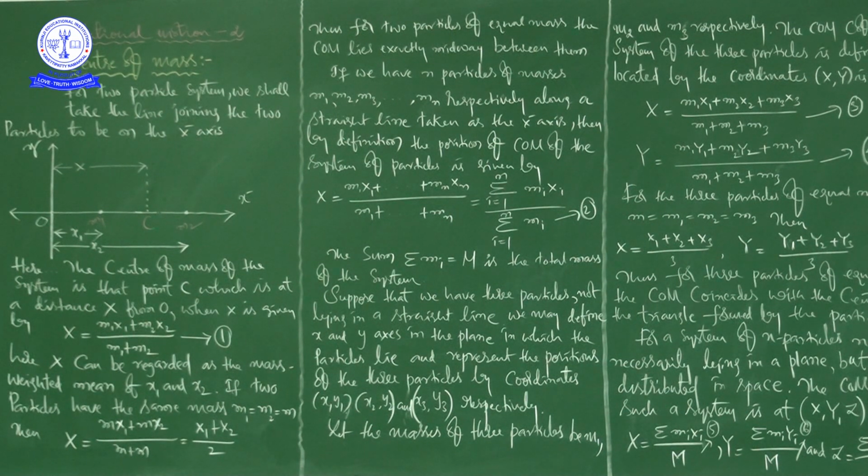Suppose you take a 1 rupee coin, which has a uniform distribution of mass. Its center of mass is exactly at its center. If it has some thickness, you can't touch the center of mass of the 1 rupee coin. That's why center of mass is an imaginary point. Sometimes it is within the body, sometimes it is outside the body, so sometimes you can touch it, sometimes you cannot.